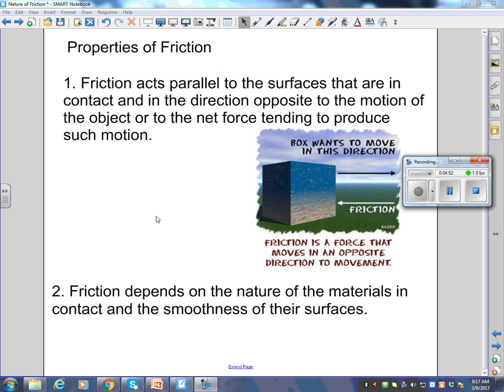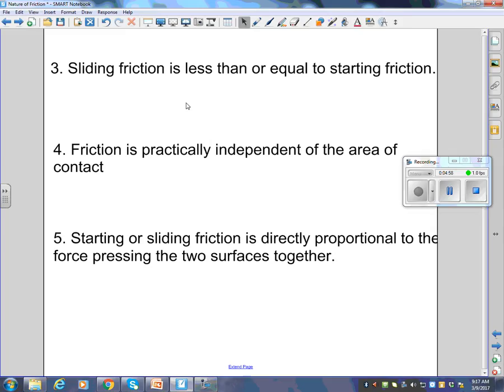But generally, the smoother the objects, the less friction there is. Sliding friction is less than or equal to starting friction. Friction is practically independent of the area of contact, and the way that I always explain that is if you take a regular textbook and you've got it flat,